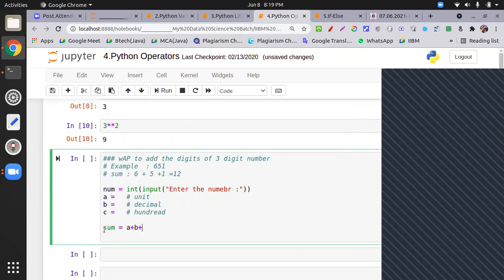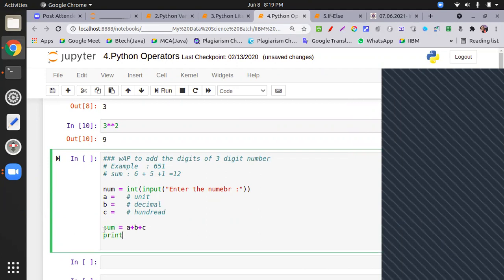I do have a program for you, and the thing is main logic creation, which is from your end. Yes, Mr. Rituparna, how do we do this thing? How to extract the unit place value from this given number? I fix 651 over here. Later on we will see it at runtime.